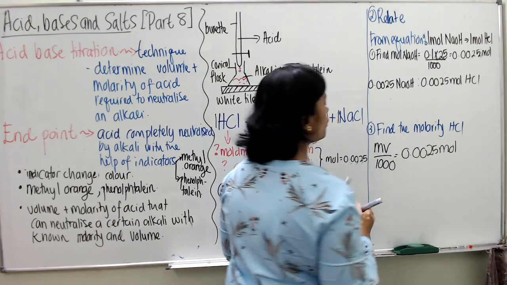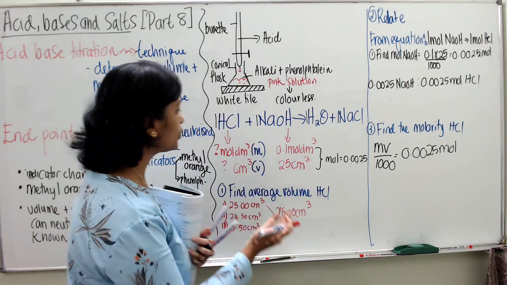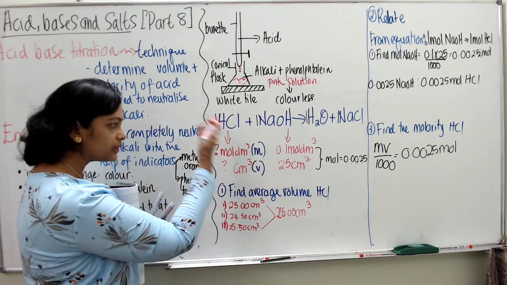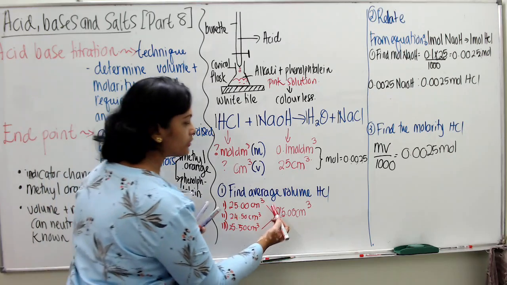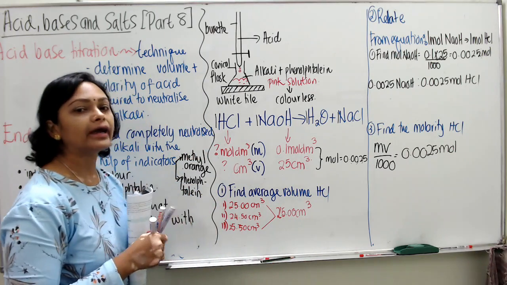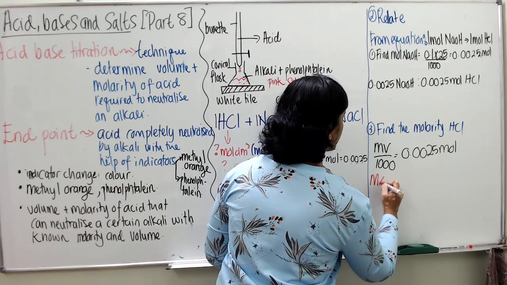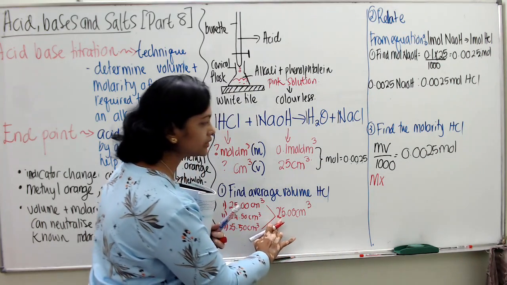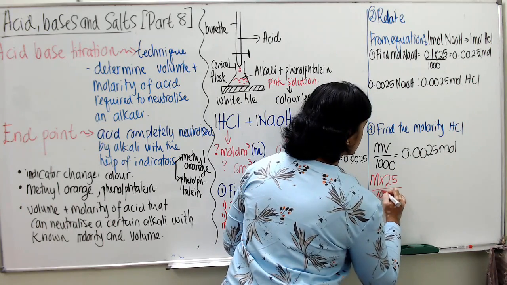Where do you get the molarity? You don't know the molarity already, because your work is actually supposed to determine the molarity. But thank God you have already found the volume of acid needed. So what you can do is M times the volume of acid needed, 25 cm cube, 25 divided by 1000,